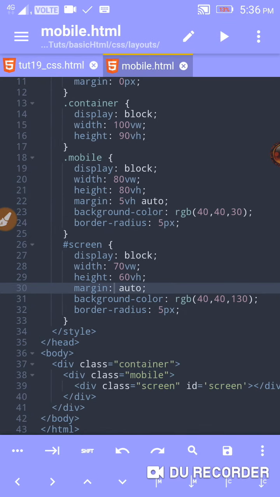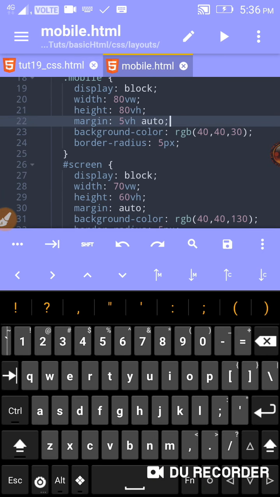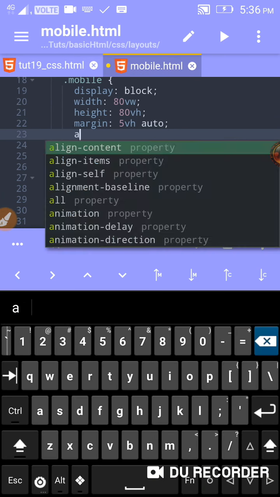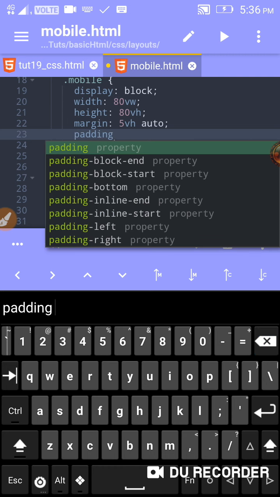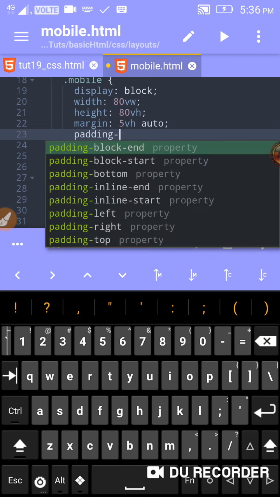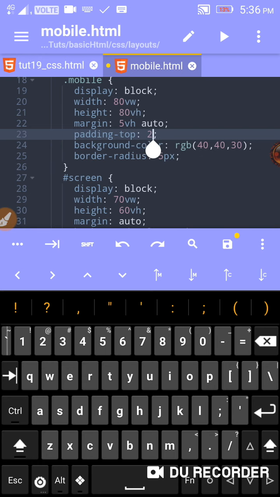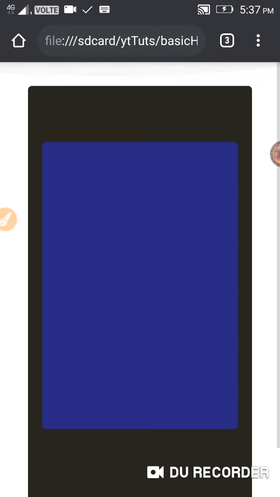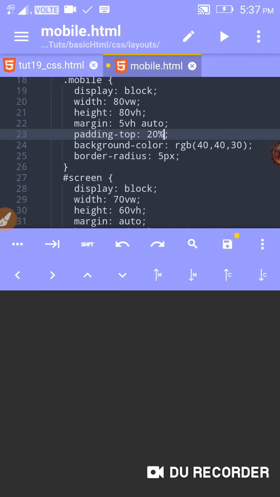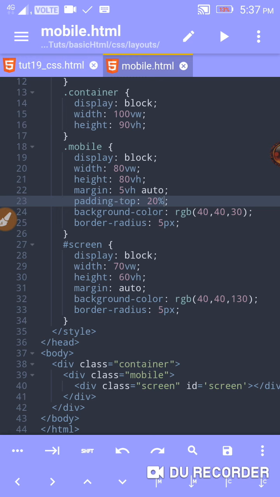If I'm just going to add padding to this, padding is also a great option. Padding top should be, I'm just adding padding to 20% here. Yes, we get it now. Yes, now we get this thing. Here we can just